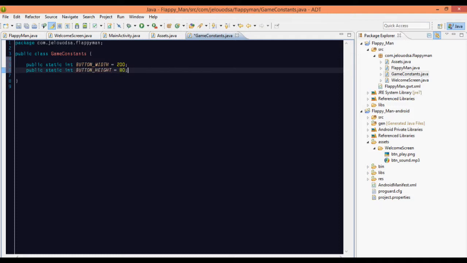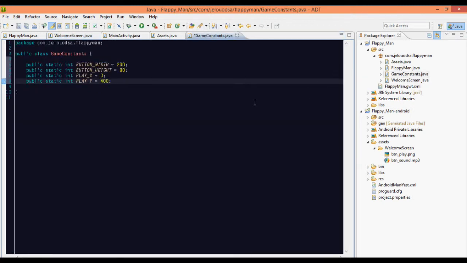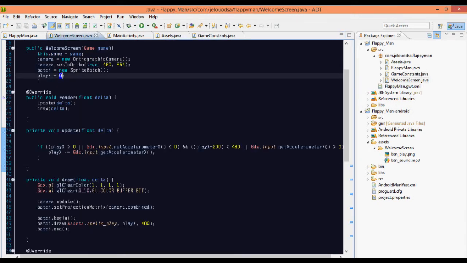Equal to 80, I suppose. Also the initial value of the play button is play X, that we used in our welcome screen. Static X equal to 0. Static Y equal to, so I think it was, just look over here, yeah, it's 400, so let's take minus 400. So then when we go over here, we can change those play X values as constants dot play X, and we give here